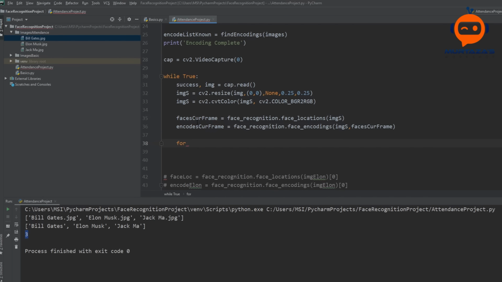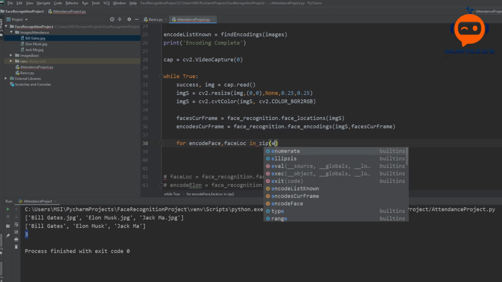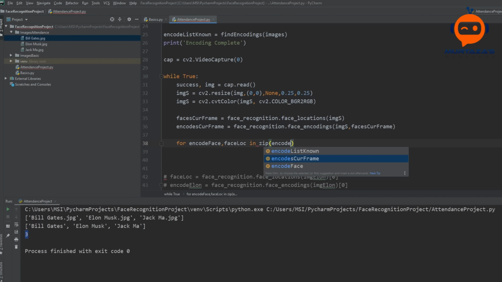The first thing we will find is the encoding, so we will write encode face, and then we will also find the location. So we can write in zip, and then we will write encodes of our current frame and the faces of our current frame.